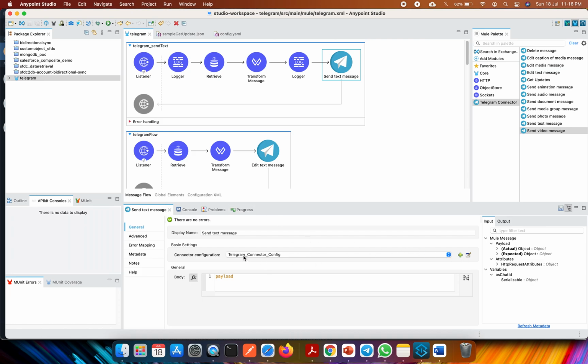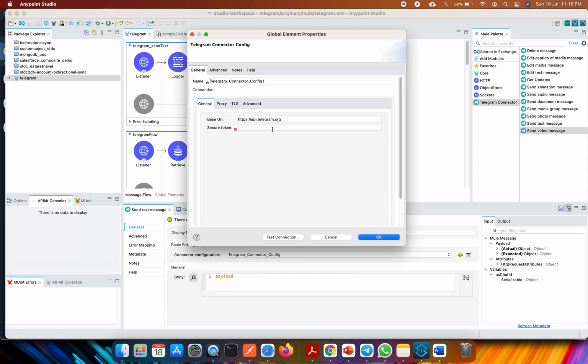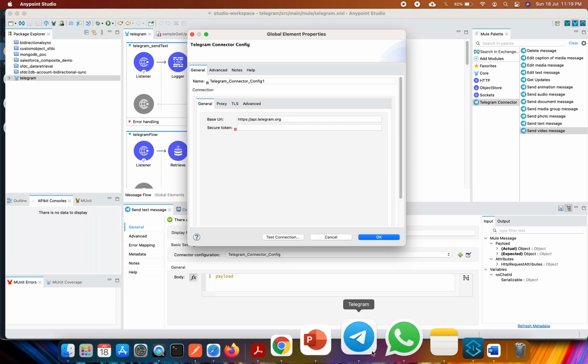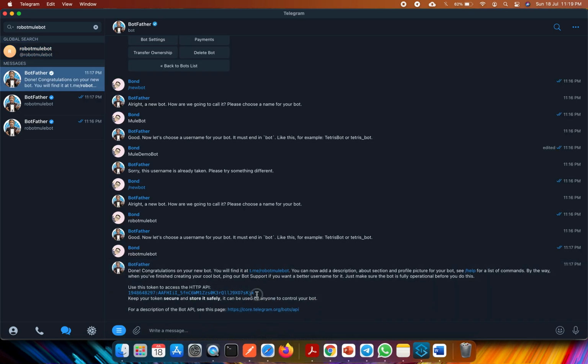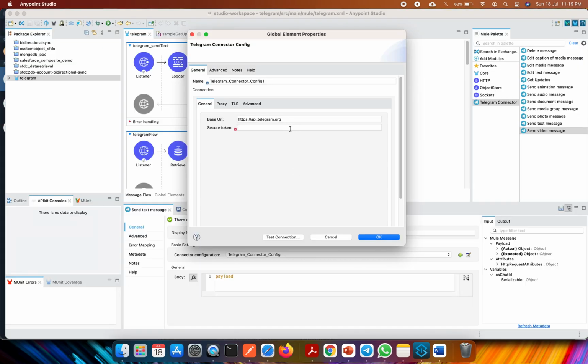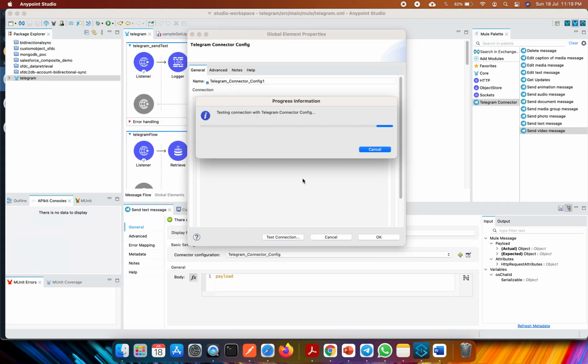It will configure the Telegram connector config. Let me show you quickly how it will look. This will be populated by default with api.telegram.org, and within the secure token you have to copy paste this particular token. I am just taking this as an example. Click on test connection.